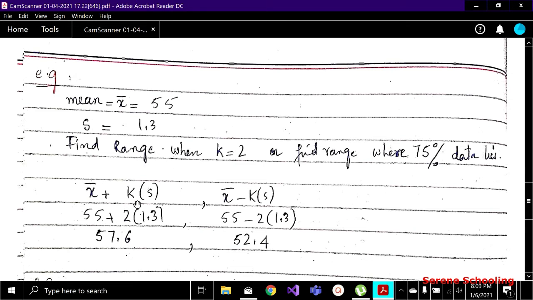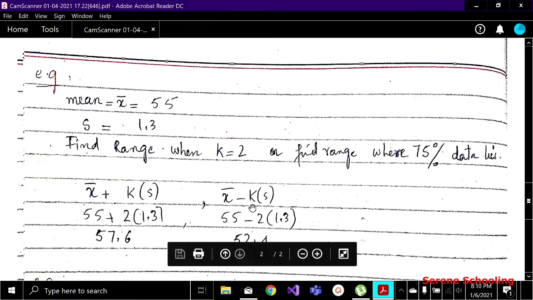But see that in the formula we are not using percentage anywhere, we are using k. And how do we find k? k equals x minus x bar over standard deviation, right? That was for k. So we are given the k. If we are given k, that's perfect, we can directly put it over here. But suppose we were not given k and we were only given the percentage, and now you cannot put this percentage in this k, right?